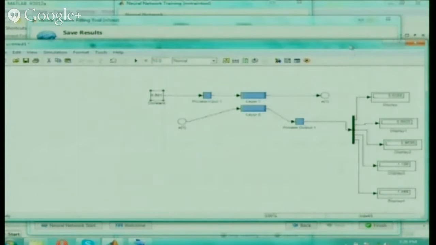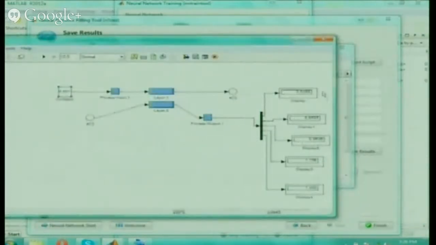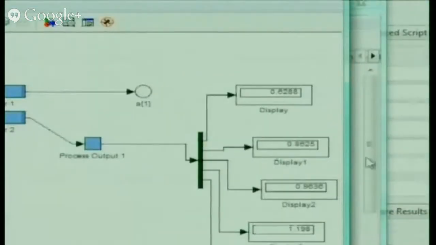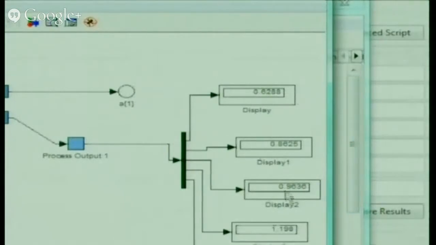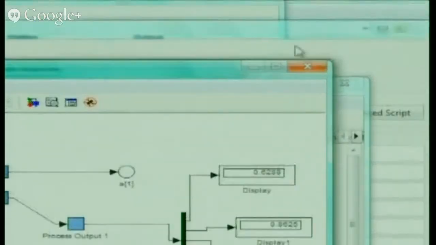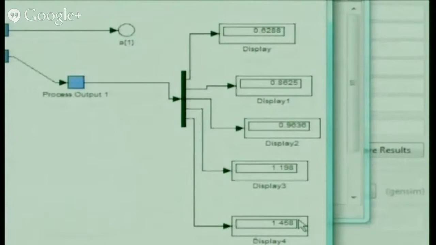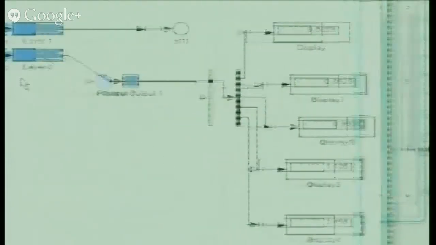Since I have already trained the system, you can see the firing angle, actually the duty cycle, is 0.6, 0.8 and so on. According to how I trained it, the corresponding values will come.